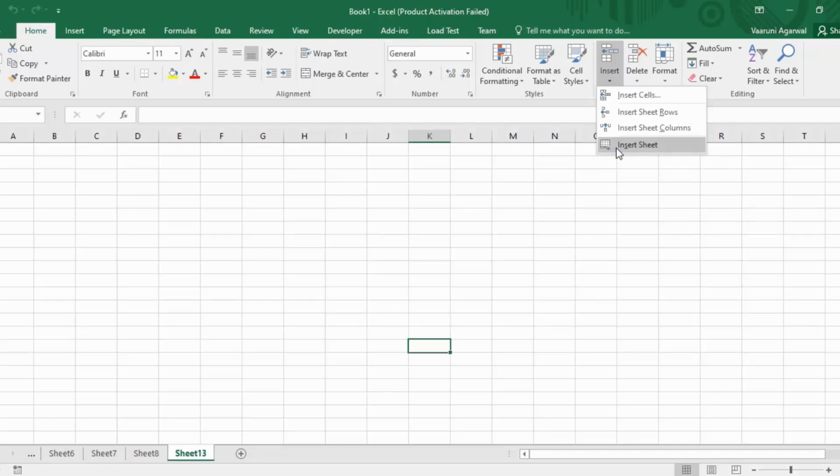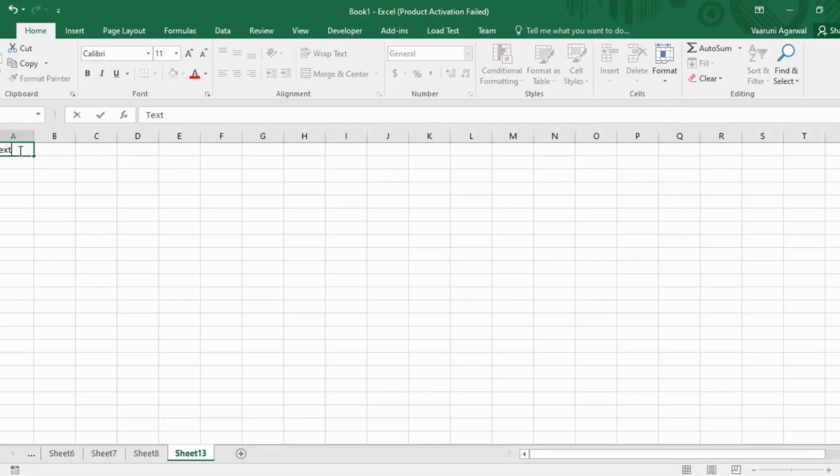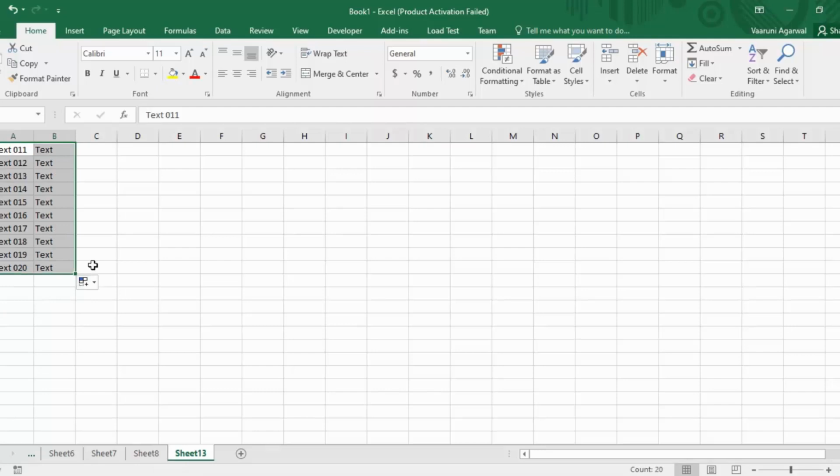Before jumping into the Visual Basic code, let us first understand what its work actually is and how it works in Microsoft Excel. Before that, let us get some data for ourselves. Suppose we have this test data. The reason we are getting this data is so that we can easily identify where the cells have been inserted. Suppose I have my cursor over A5, and now if I click on Insert Cells, what will happen? Let's see.